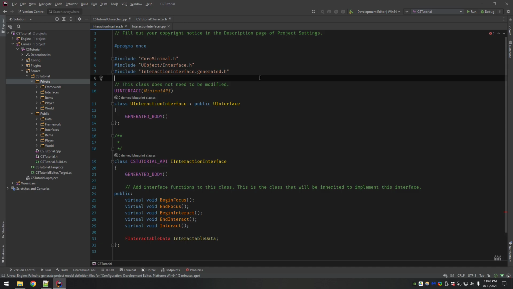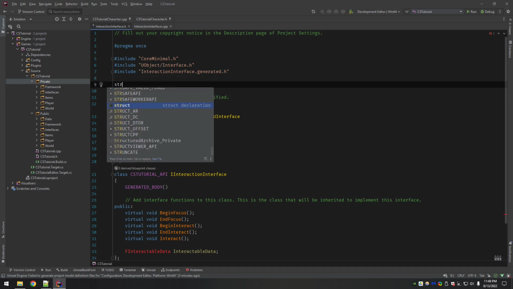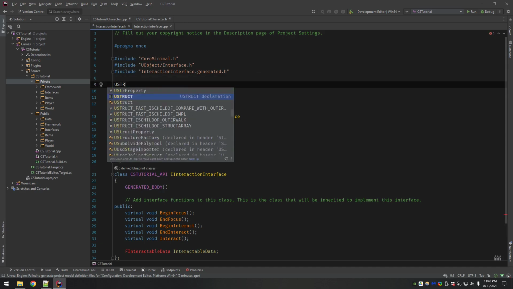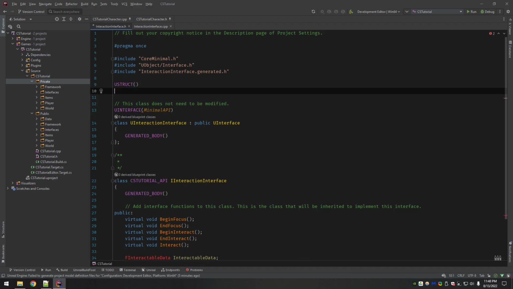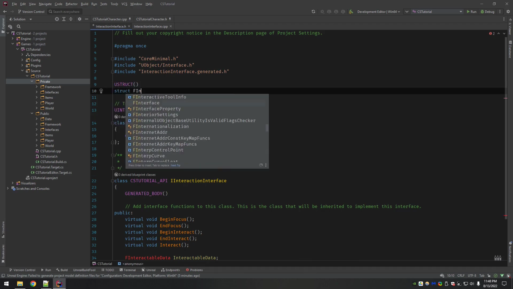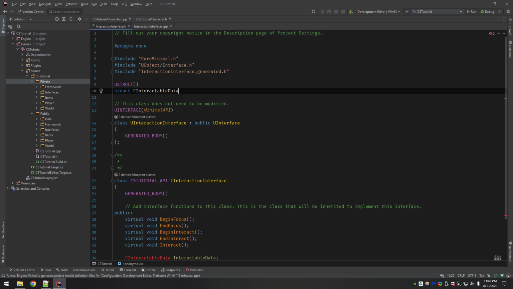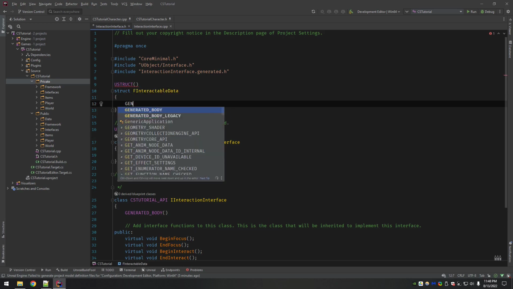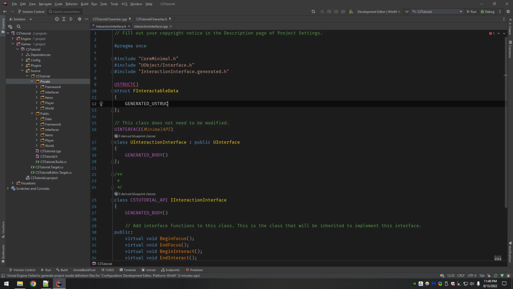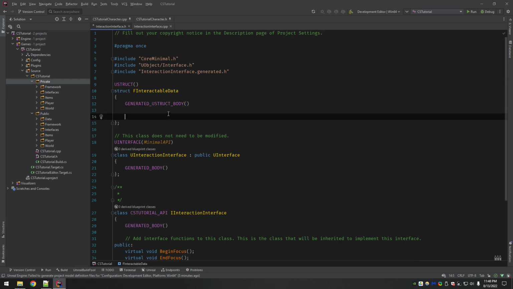So we can come up above here, right under the includes, and start building this. So it is a USTRUCT, FInteractableData. We need the GENERATED_USTRUCT_BODY, and now we're gonna build a constructor for this thing.